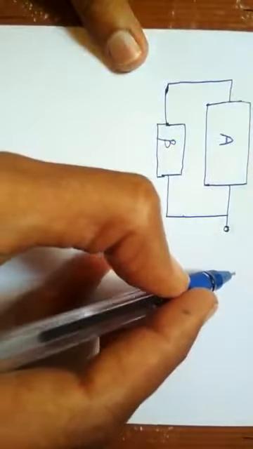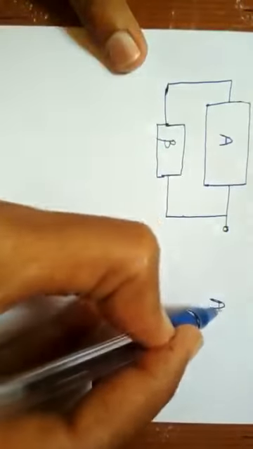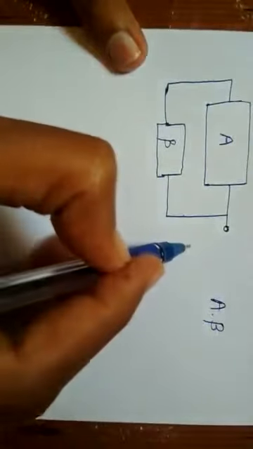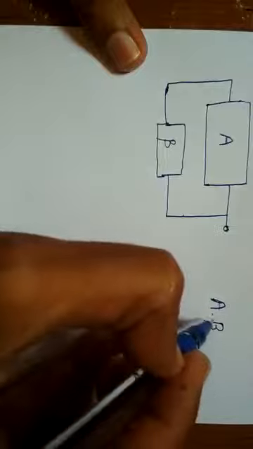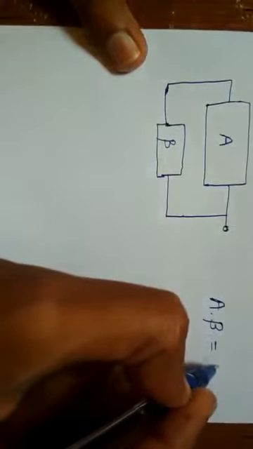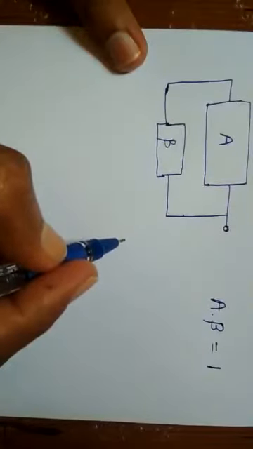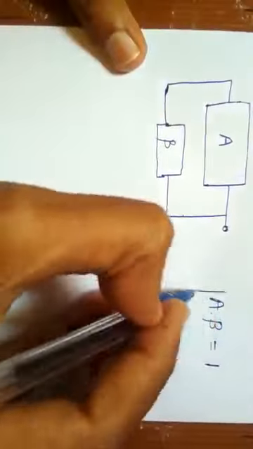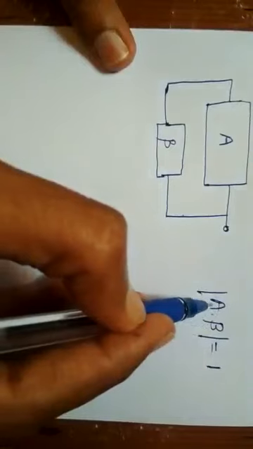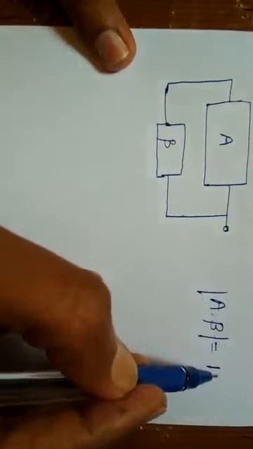And the Barkhausen criteria is, if the gain of the forward path multiplied by the gain of the feedback path, this product of forward path gain and feedback path gain, is unity, a 1, means you can also take this as absolute value. Absolute value of the product of forward path gain and the feedback path gain is equal to 1,